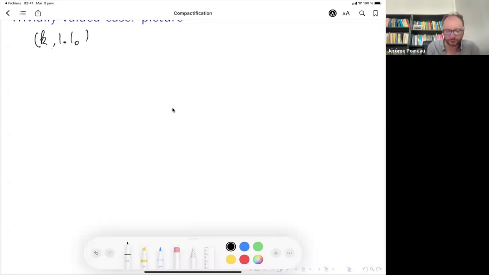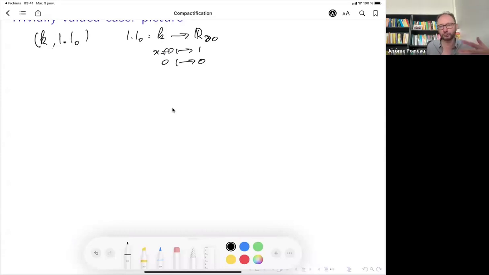The trivial absolute value is something very silly. You just send any x different from 0 to 1, and 0 to 0, because you have to.